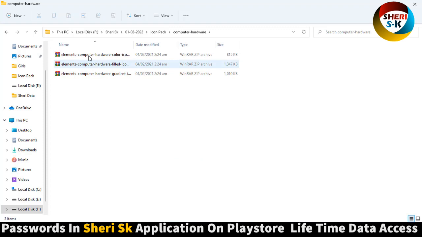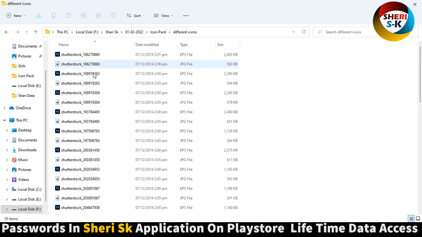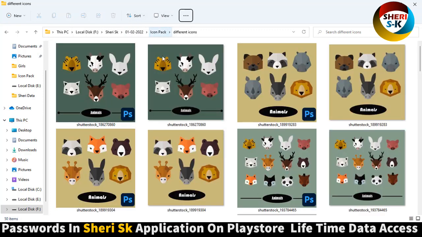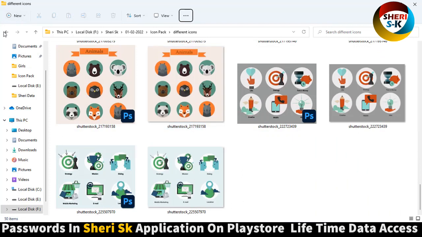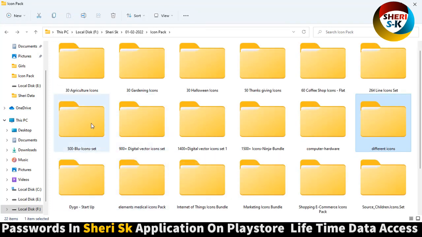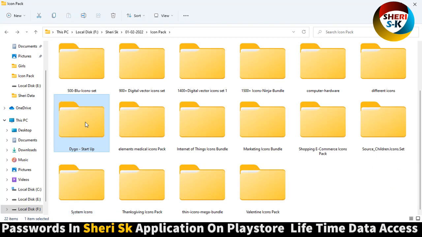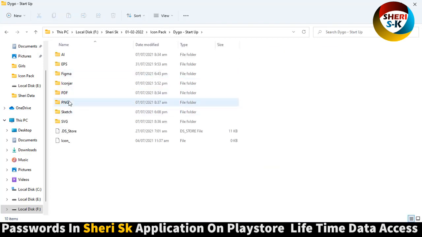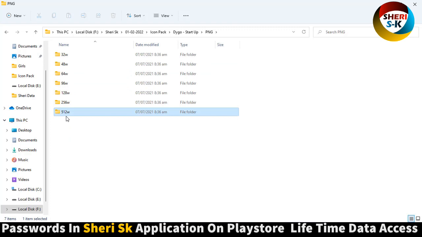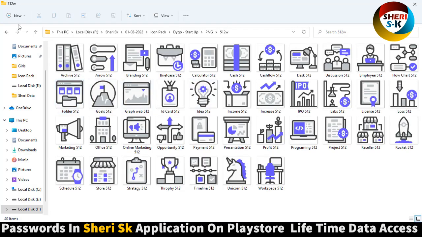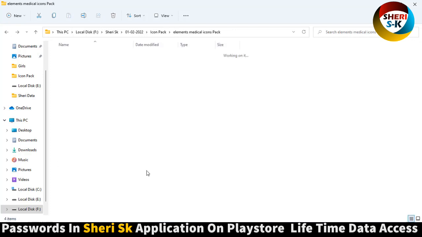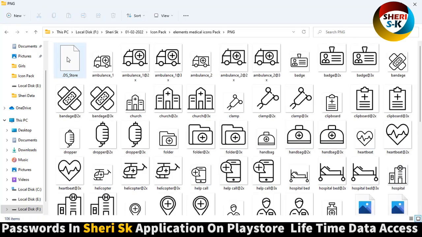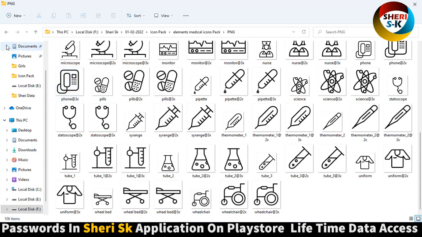Next is computer hardware. These are in zip file, so you can extract different icons for Adobe Illustrator. Startup. Here is different format. Element, medical icons, PNG. Okay, and